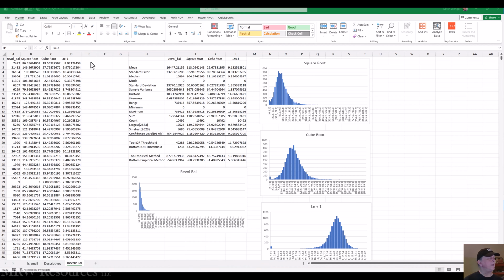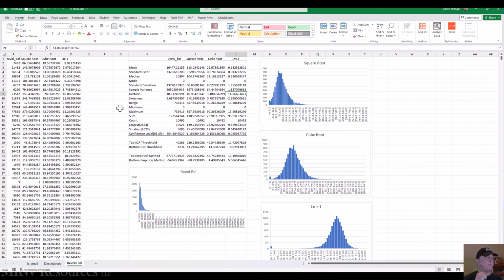After I made these conversions to the revolving balance, I reran the descriptives, and you can see the kurtosis ended up going back up in some cases, but the skewness came down in every case, and it came down for square root and cube root for kurtosis as well,